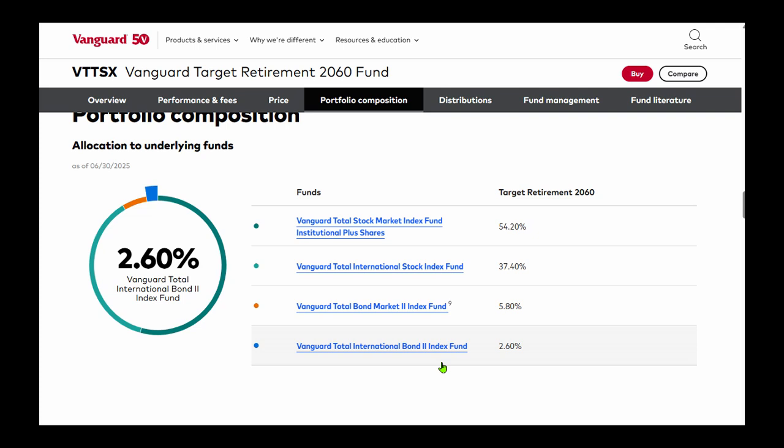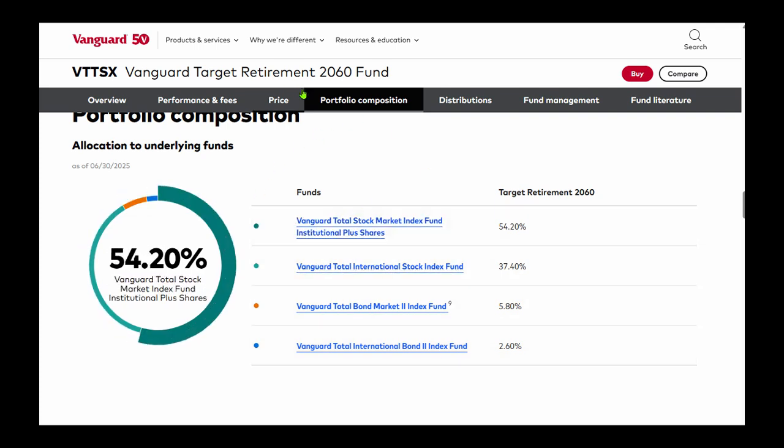So this is a 4-fund lazy portfolio. Actually, the target date funds is a fund of funds. So this contains a lot of different funds to make up this target date. Okay, let's go back and